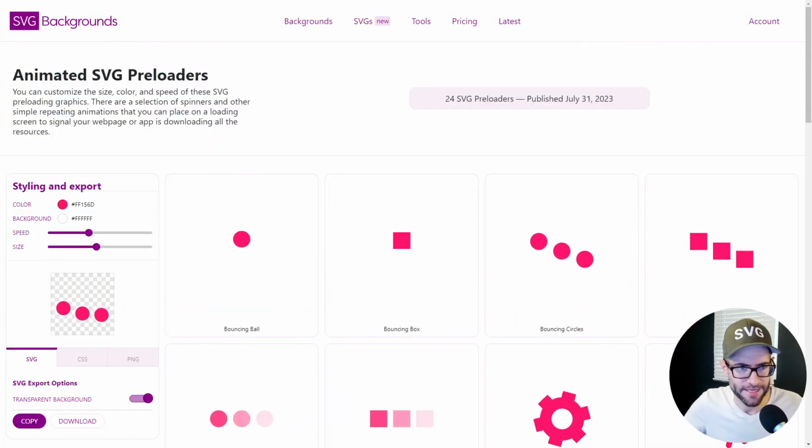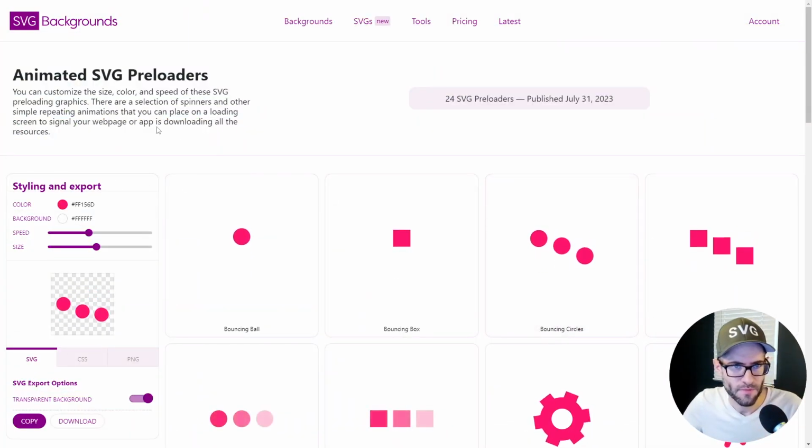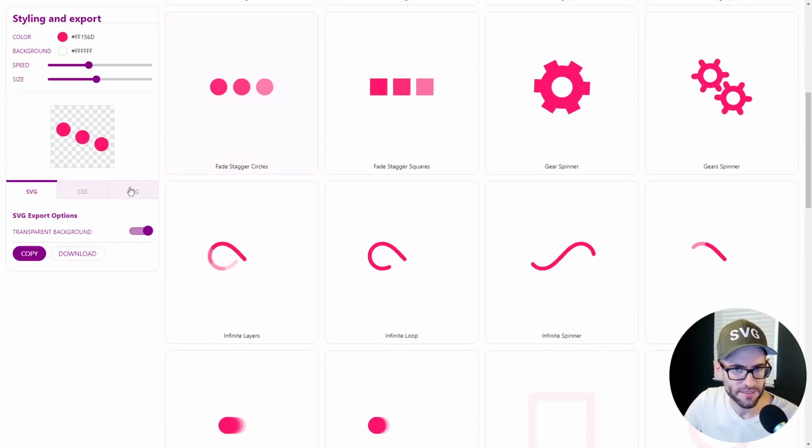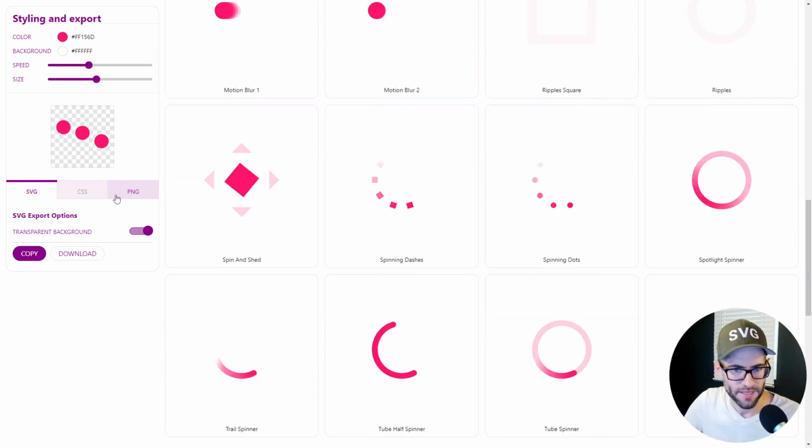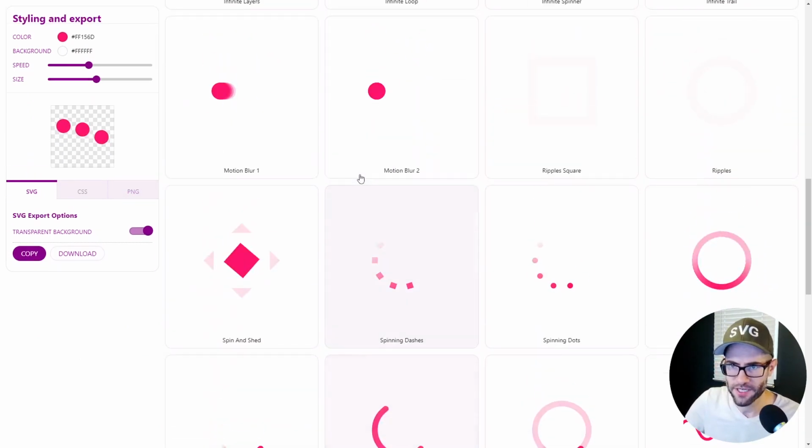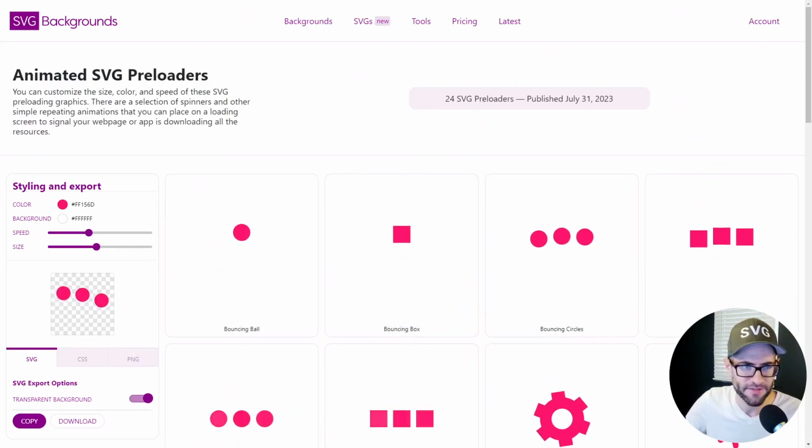Hey guys, I've been getting a few requests to go over how I made the SVG preloaders that are animated. Let me show you what I'm talking about. So on my site, I added these. Half of them are premium, so I'm going to quickly show you these. But let's go to the free version, just because when I demonstrate any of these,